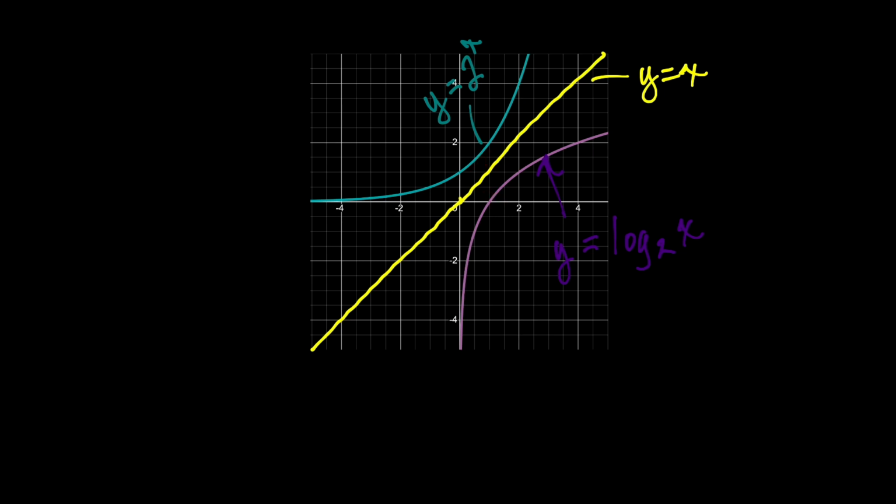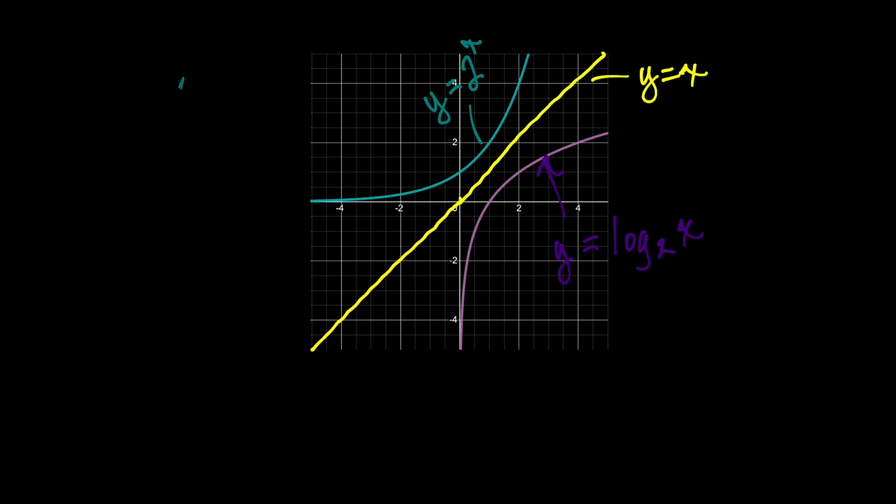So let's say if I go 1 and then I go up 2, well, that is going to correspond to going right 2 and up 1. So remember that the domain of the